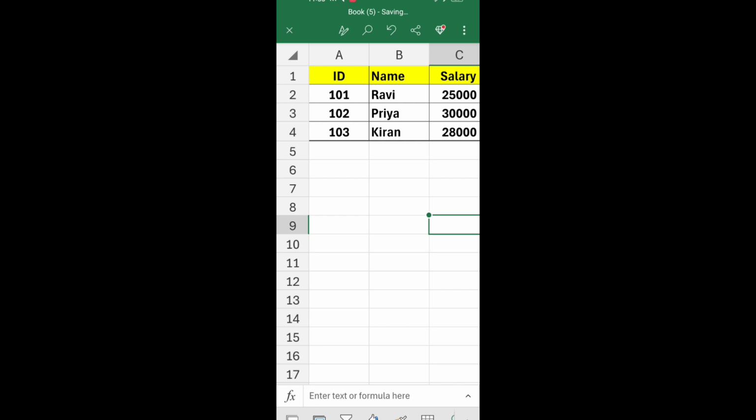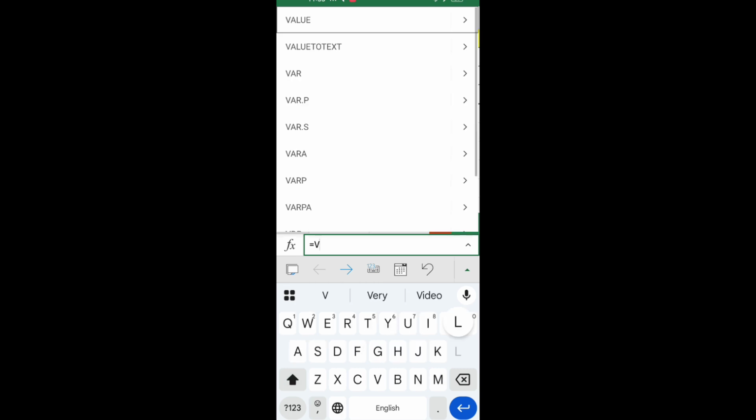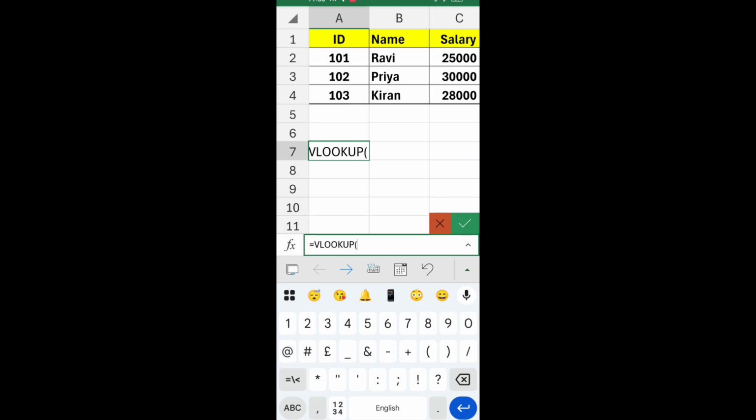So then what do we have to use? We have to use the VLOOKUP formula. Now here I am using the VLOOKUP formula. So please don't skip it. Watch it clearly and fully, then only you will get to know. Equals VLOOKUP, bracket open. So what is the employee ID? We have to know Priya's salary by using her ID. Her ID number is 102. So equals VLOOKUP, bracket open, 102, comma,